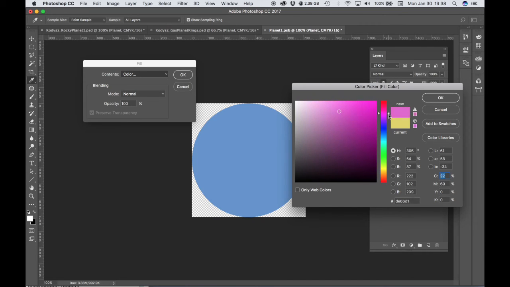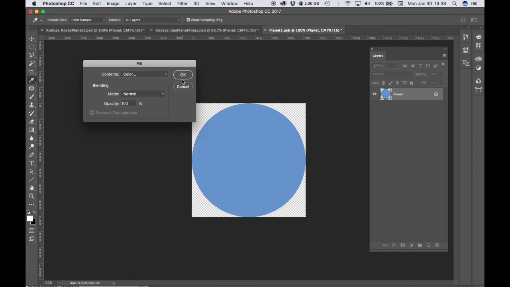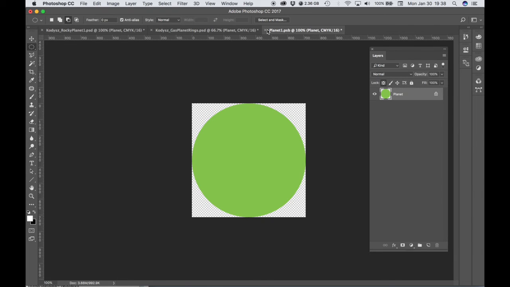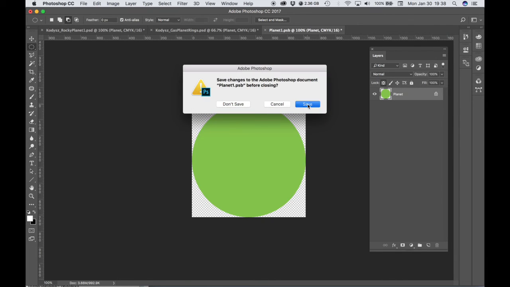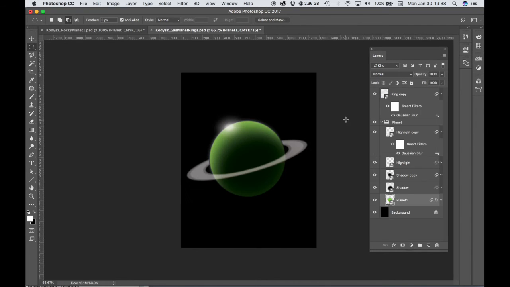So we've done a purple planet, maybe a green planet this time. All right, so we have our